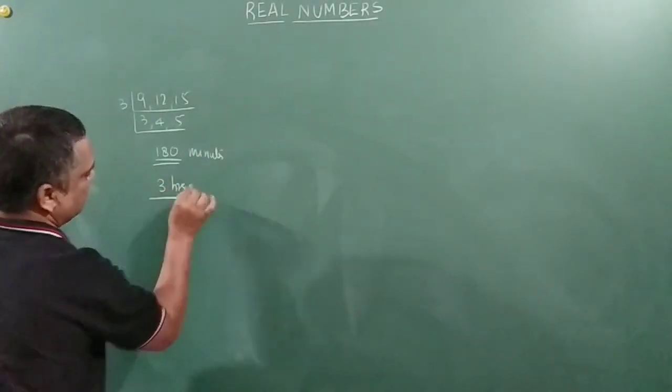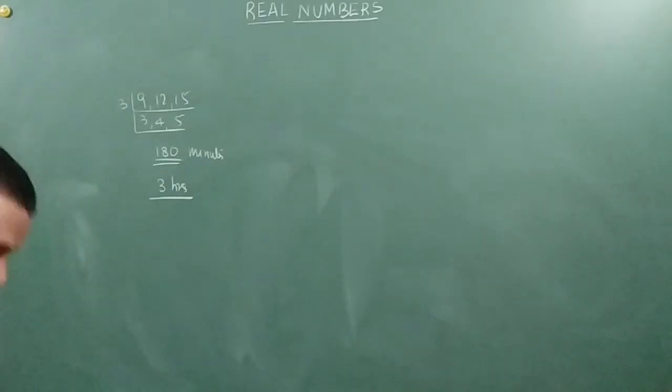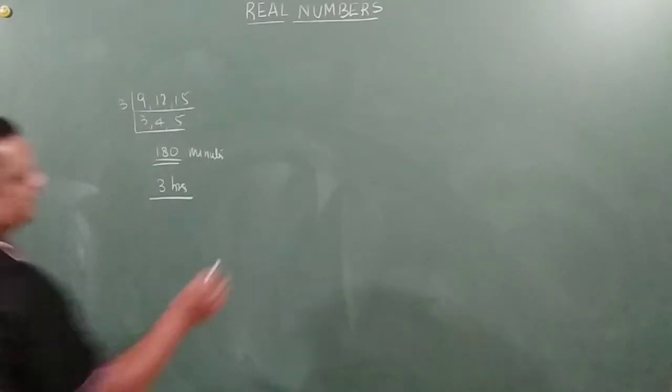After 3 hours they will toll once again together. Right? Next question. The length, breadth and height of a room are 8 meter 50 centimeter,